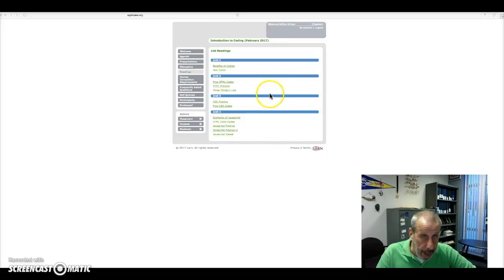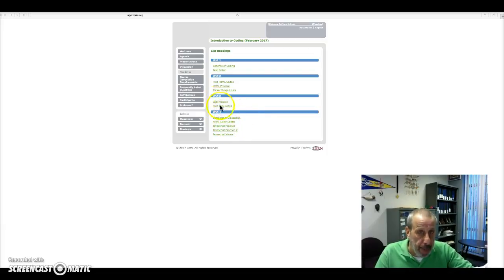In unit 1, I have a reading on benefits of coding, and then in unit 2, I have codes that you can paste in and change things as you go. I also have codes that you can paste in unit 3, as well as JavaScript codes for unit 4. So what you can do is paste the codes into the text editor and then make changes to it.